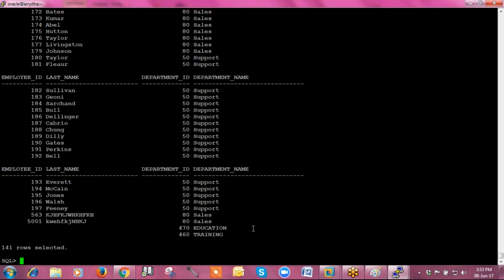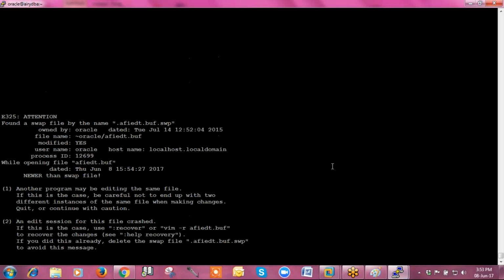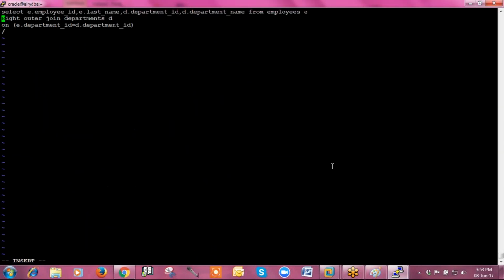Those are not present in your, oh, what happened, the mouse stopped working. Okay, so here you can see there are two records present in your departments table which are not present in your employees table. Now what is a full outer join? In case of full outer join, you will get the matching records as well as the unmatched records from both tables.